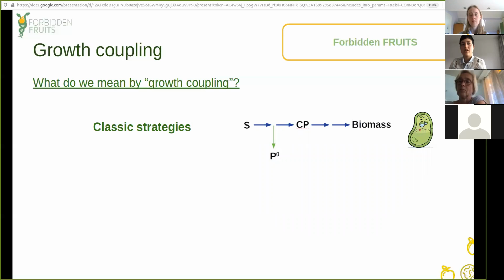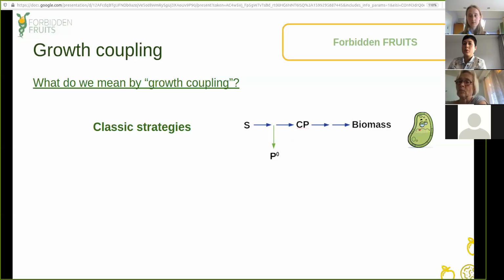Now, what is normally done in biotechnology to produce compounds in a microorganism is that an additional reaction is added that uses as substrate or food one of the metabolites that exists in the metabolic network of a microorganism. So in this case, the cell now has to use part of that substrate or chemical compound S for the production of a compound that it doesn't really need for growing. And that means that less of S is left for its own growth. And that causes what Samira explained to us, which is genetic instability.